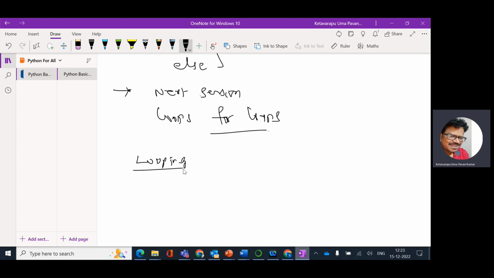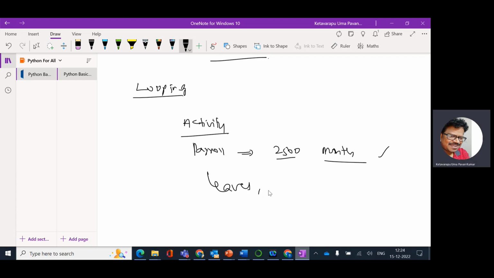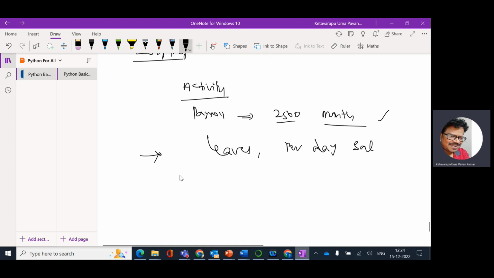Looping constructs, basically. The example is, suppose I want to perform some kind of activity, or maybe the best example is payroll computing of 2,500 employees every month, after getting their leaves, after getting their per day salary. After getting these kinds of inputs, generally what we'll do is we are making use